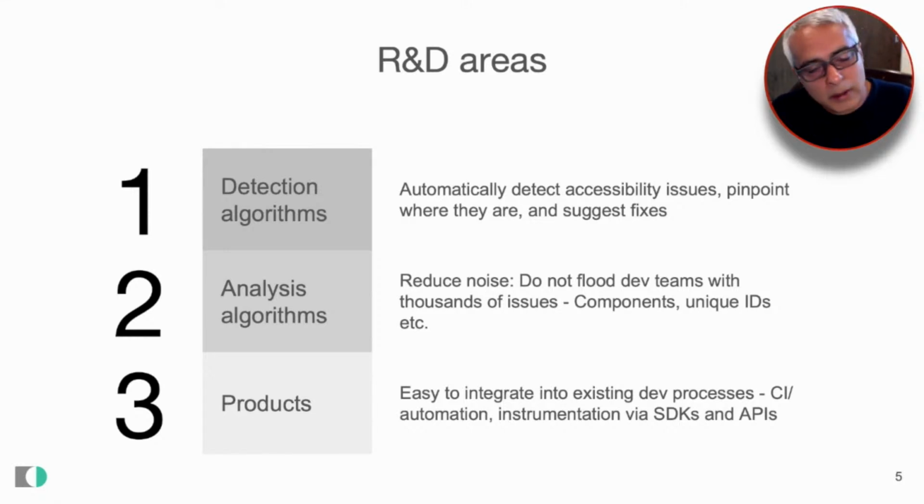And then finally, the products as well. There's a lot of development work that needs to go into products to make them very easy for developers to use, very easy to integrate into the CI process or the automated testing process. You shouldn't have to call certain functions and hook them into different parts of code, decide how you want to do it. There should be a very simple one line of code integration into whatever existing automated testing framework you've got. And you just get the results, and they've nicely got the analysis with them and all. So there's a lot of product-oriented development and research work as well that needs to be done.